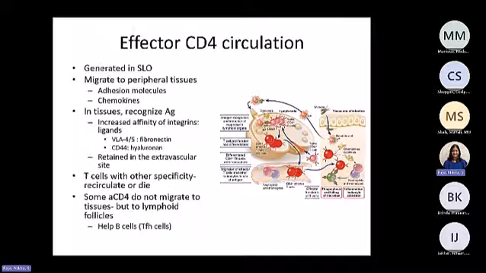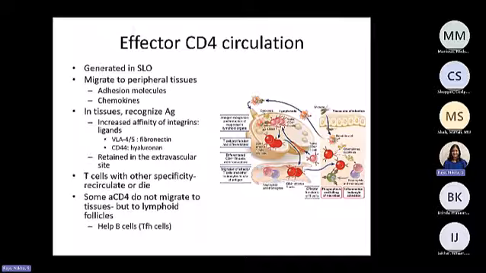And then they migrate to peripheral tissues where they are needed. The migration occurs because of the presence of adhesion molecules and chemokines. So again, remember, that's like the GPS that guides these cells in where they are going. Once they reach the tissue, they can recognize the antigen there, and they have to be retained in that area